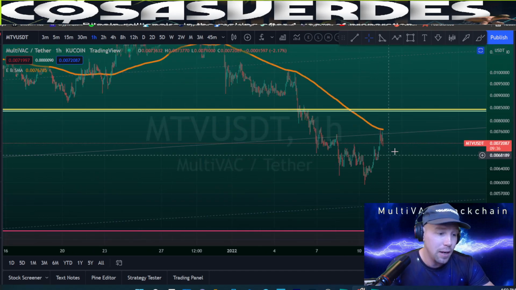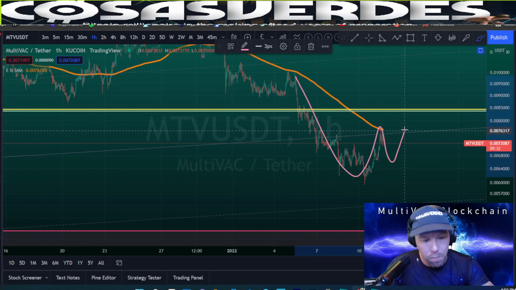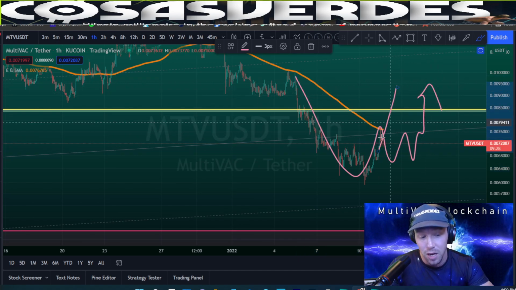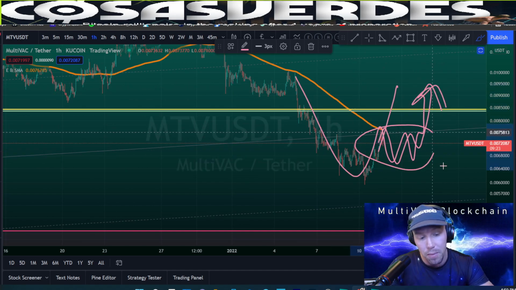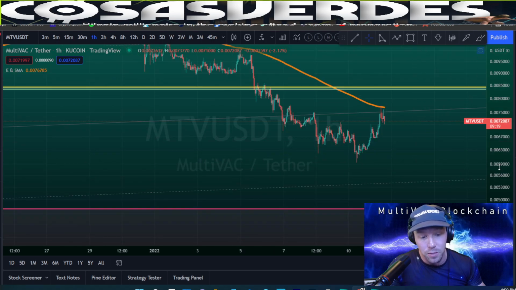So after that big move, usually it takes a few bumps on the head and you get above on the third or fourth try. So I wouldn't expect it to blast off yet. I would expect it needs some higher lows and then it can do it. So in more immediate price terms, that's what I would be looking for. So let me draw in a price path here.